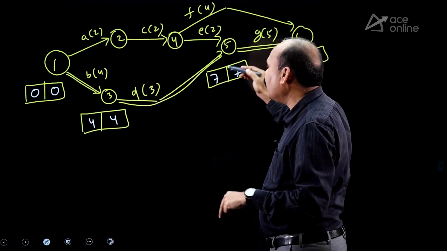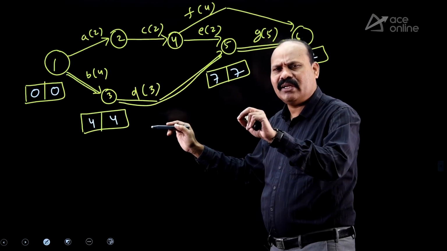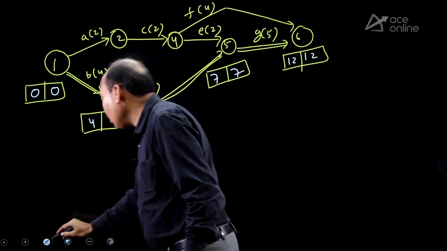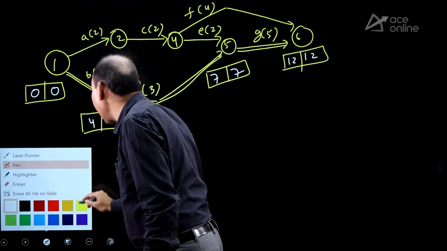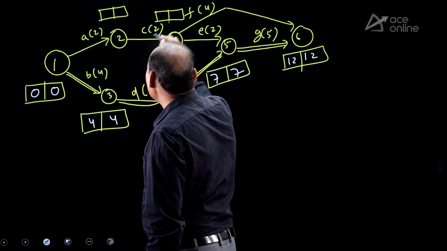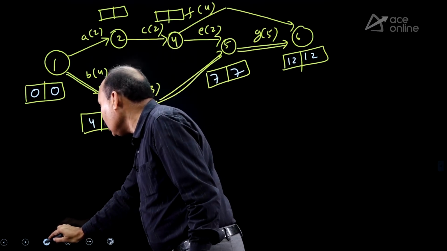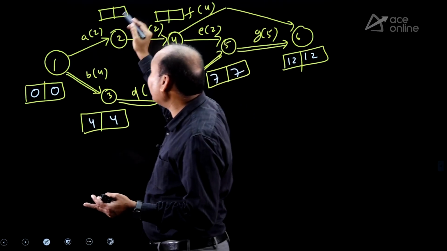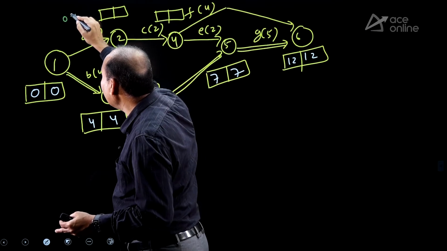So use a double line and get the earliest value. After that, latest value, earliest value same. For non-critical events, we may be getting values for non-critical events. What are the non-critical events? 2, 4 non-critical. Use forward pass, backward pass. Forward pass for earliest value, backward pass for latest value.